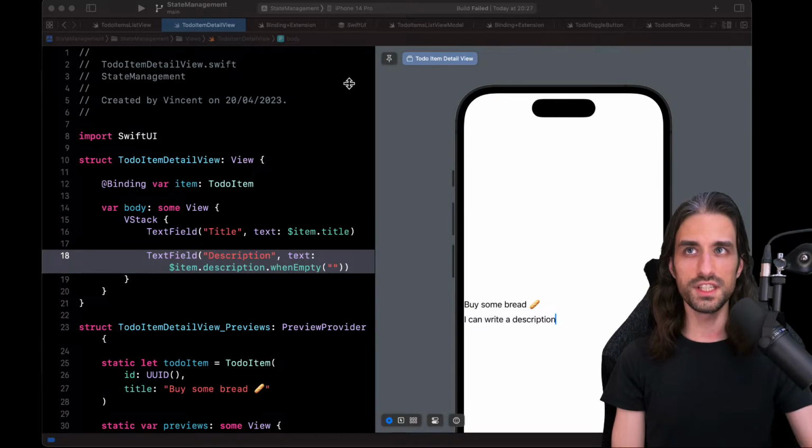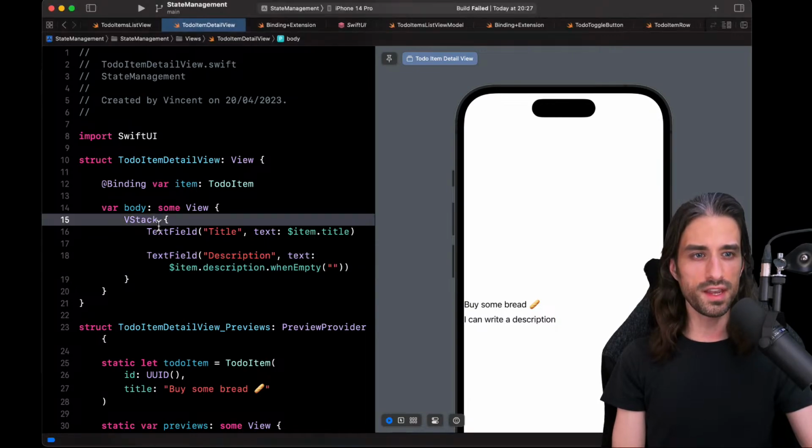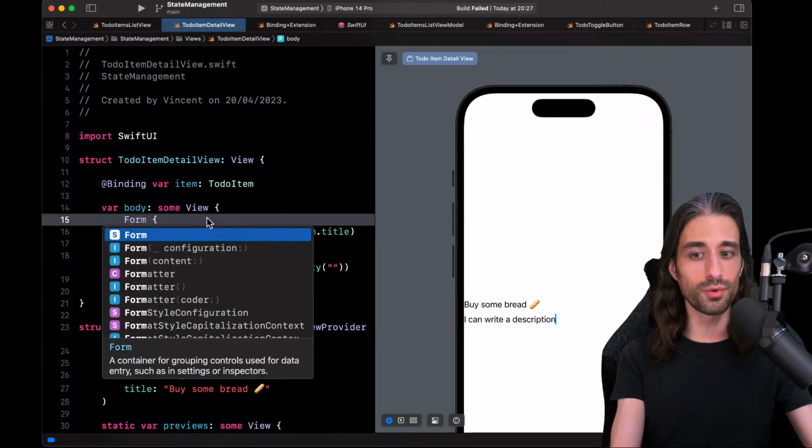It is almost finished. There is just one thing I want to deal with, and it's the fact that it looks really bad. I've just put my VStack and two text fields, and the design is absolutely awful. So it could take time to style it, and it could be doable, but there's actually a built-in way in SwiftUI when you want to style something so that it looks like a form, and it's to use the view called Form.